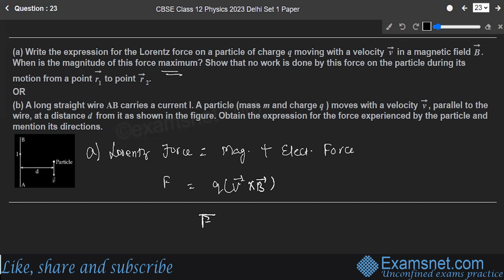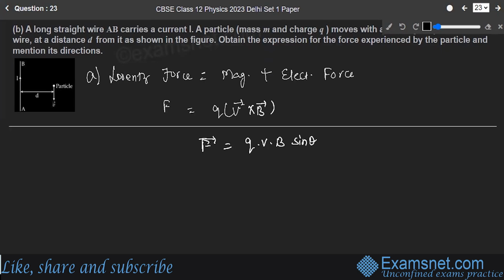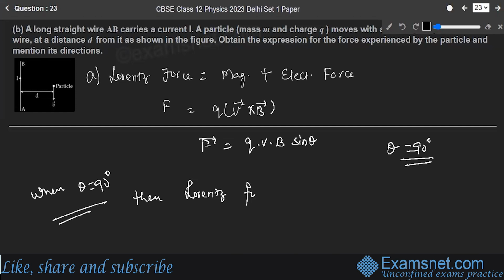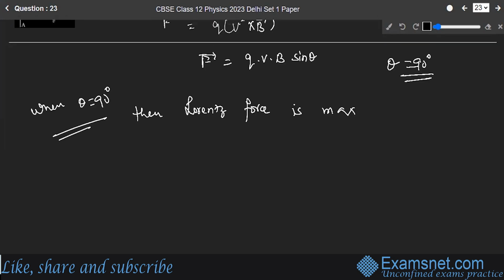So this force is equal to qvB sin of the angle between them. Now theta is 90 degrees. When theta is equal to 90 degrees, then the Lorentz force is maximum. If ds is the instantaneous displacement